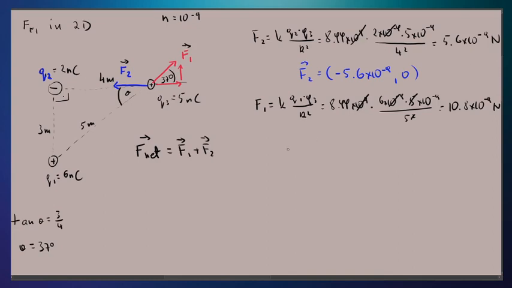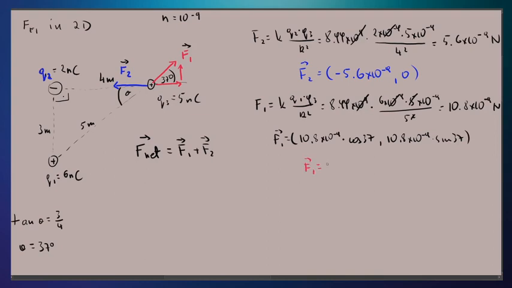So F1 as the vector would then be, both are positive, right? This is a positive component, this is a positive component. They both point in positive directions. So I'd have plus, and then 10.8 times 10 to the negative 9th times, for the x component, it would be cosine of 37. For the y component, it would be sine of 37. So 10.8 times 10 to the negative 9th times the sine of 37. And that gives me F1 as,